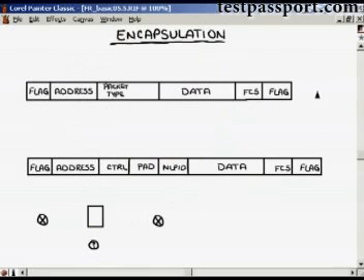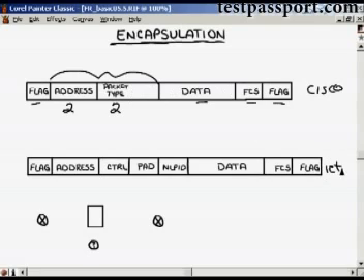The top is the Cisco encapsulation, and it is just like our generic representation in that it has flags, and it has the data, has the FCS, and a flag. This is the portion that is specific to Cisco. You're going to have an address field, and that is a 2-byte field, and you're also going to have a packet type field that's a 2-byte field that is used to identify the upper layer protocols that are being encapsulated by this frame. Alright, now the other choice we had was IETF, and this is built on RFC